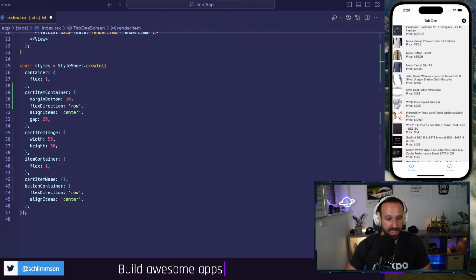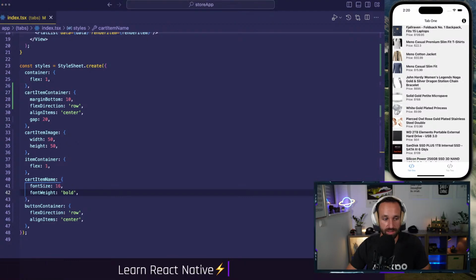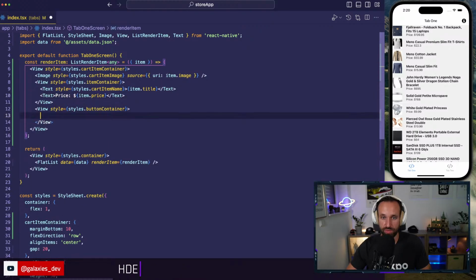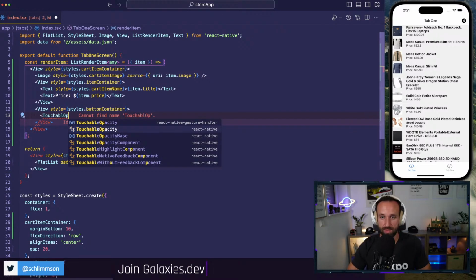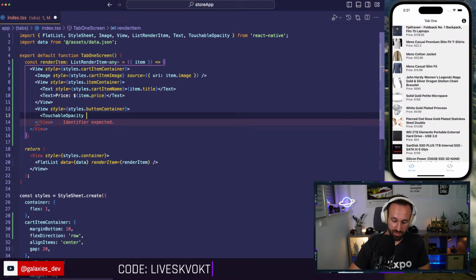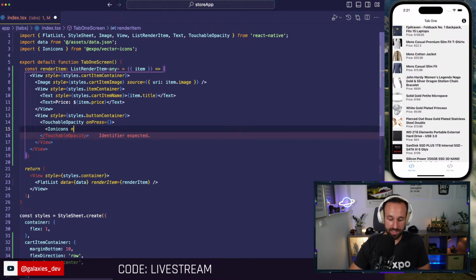For the card item name, so we're just gonna say this is here, and then we might have another touchable, or actually we need two touchable opacities now. Touchable opacity. By the way, I have a strange error. Okay, no, it's working. It wasn't adding the import, but everything's cool. On press, we're gonna do something, and within I will display an icon using Expo vector icons. Let's use